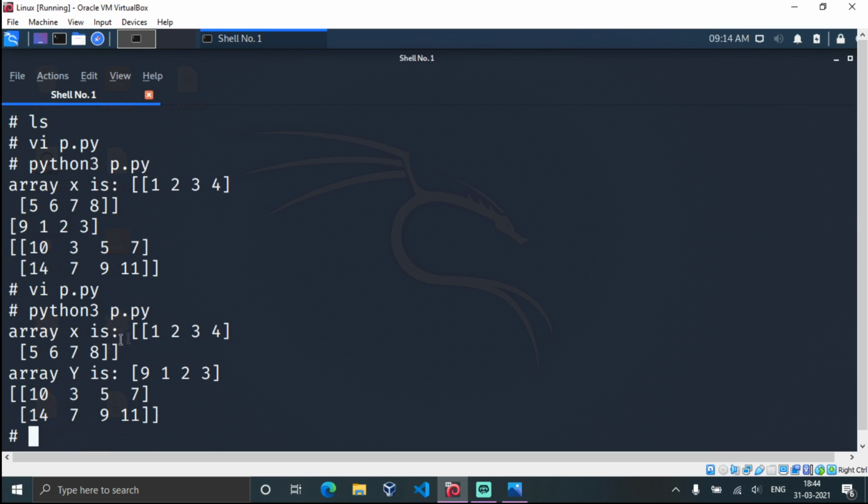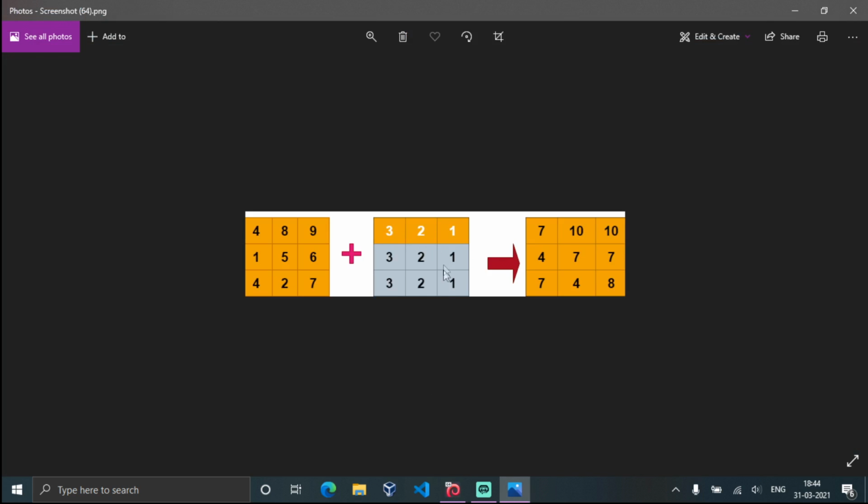And this is array x and this is array y, and in order to get the output of the addition of two matrices, we broadcasted the array y. So you can see this image. This is how the second array will be broadcasted. To obtain the size of the first matrix, it is replicated.